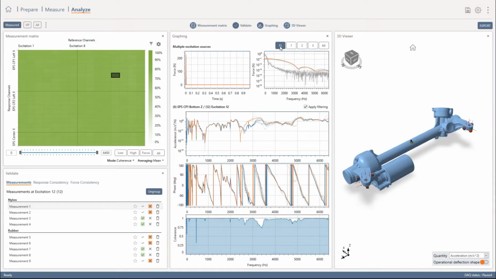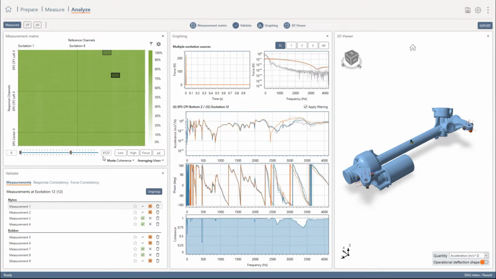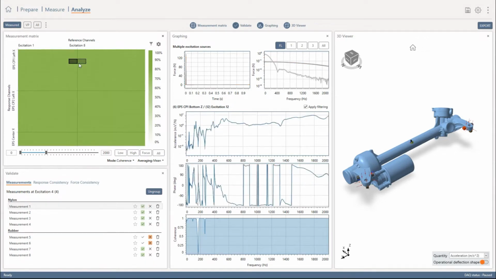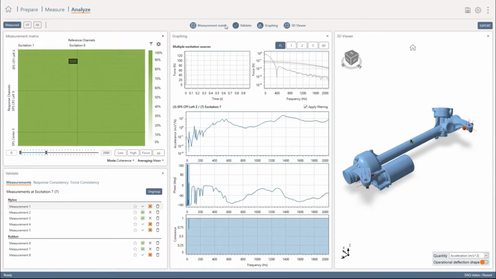Clicking on FL, the frequency lock button, will ensure that the x-axis of the graphs will match the frequency range set in the matrix viewer. We can zoom in on sections of the matrix viewer by clicking and dragging to create a box, or using the scroll of the mouse. Double-clicking always resets the view to the full matrix. We can also zoom in and out of the matrix using the arrows on the axes, as with regular plots in Dirac.